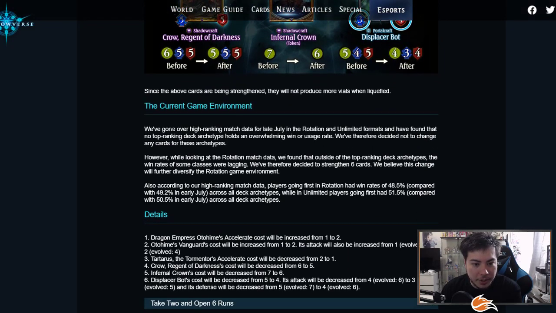So let's see the explanation for these. "Current game environment: we've gone over hierarchy match data for late July in rotation and unlimited formats, and I found that no top ranking deck archetype holds an overwhelming win or usage rate. We've therefore decided not to change any cards for these archetypes." Yeah, that's because